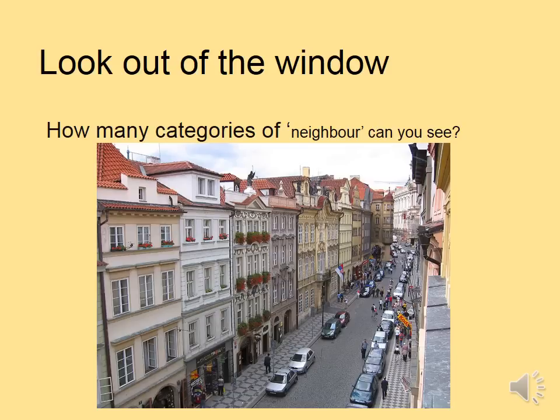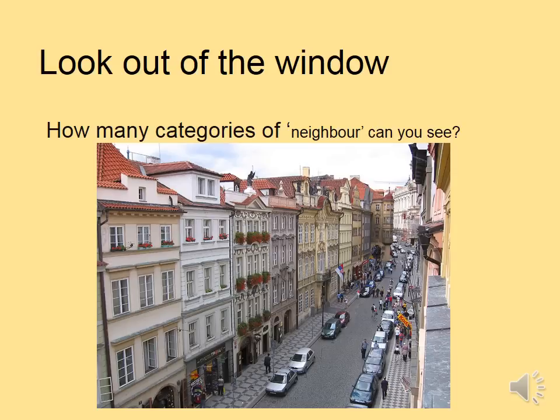So hopefully you've found a window, you've looked out of it for a little while, wondered quite what it is you are doing. So your neighbour is somebody who is directly affected by your acts or omissions. If we just look at the picture that I've included, you've got various cars which I assume would have drivers. The drivers owe a duty to one another. You can't hurt another car driver. You owe a duty to pedestrians.